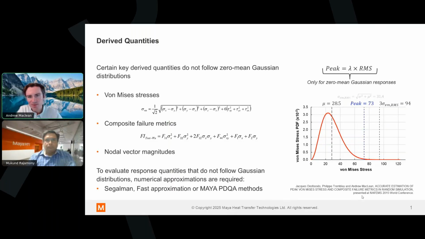And to explain a bit, in a random analysis, the input is assumed to follow a Gaussian probability distribution with zero mean. But these results, because they're calculated with these equations, do not have a zero mean and are not Gaussian, so we need special algorithms to calculate them. And that is another key differentiator of SATK. We can calculate these results in a statistically correct way and also do it very quickly with our proprietary PDQA